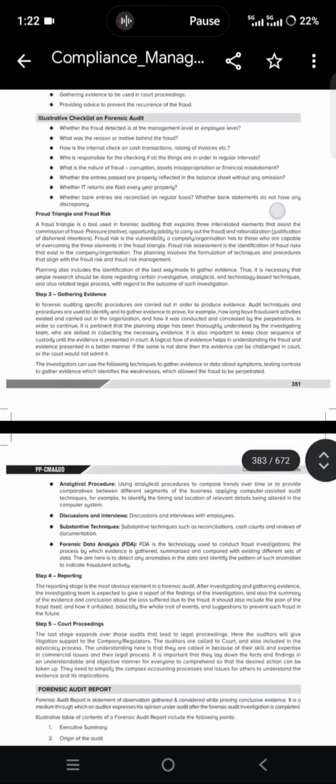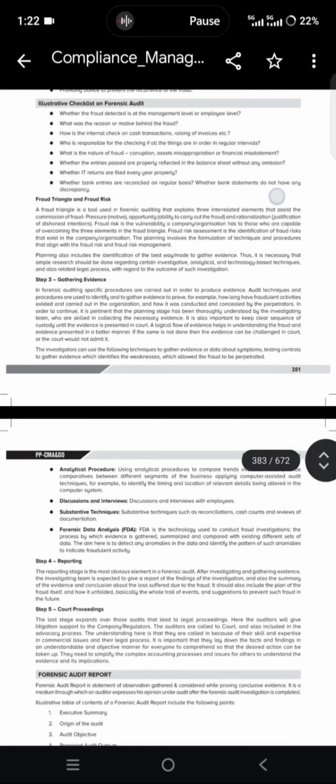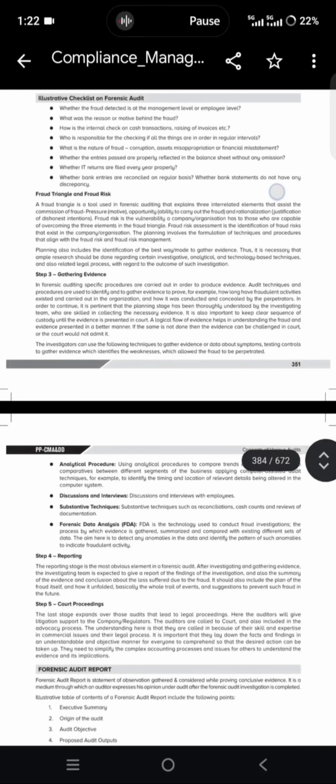Purpose of forensic audit: these 3 points are there. First, corruption, asset misappropriation, financial statement fraud. In corruption, while investigating fraud, the auditor would look out for conflict of interest, bribery, extortion. Conflict of interest: when